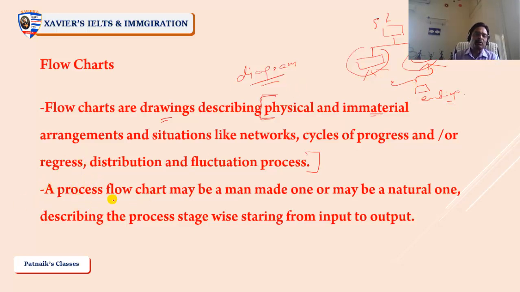Then, a process flow chart. Remember the word: a process flow chart may be a man-made one or a natural one. Two types of process chart you will see. What is man-made? As the word says, the process is created by man. Like the bottling of apple juice. What happens? The man collects the raw material, that is apples, from the farm,